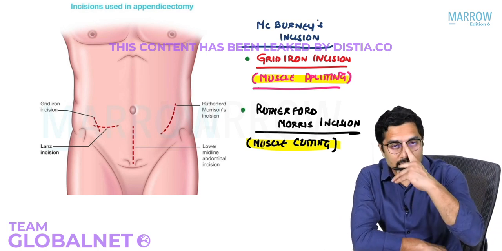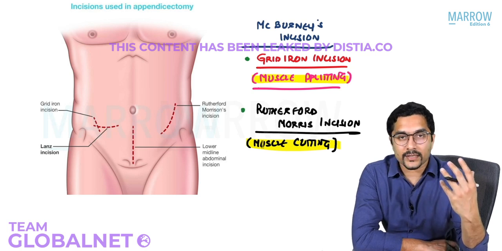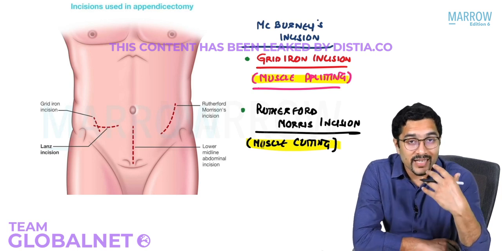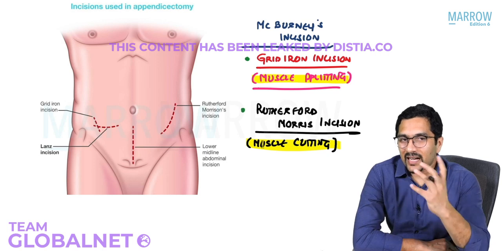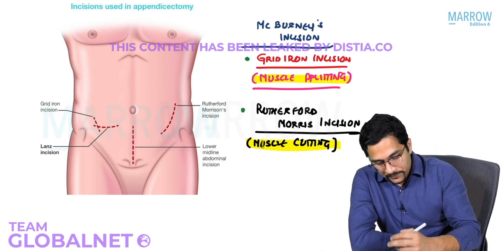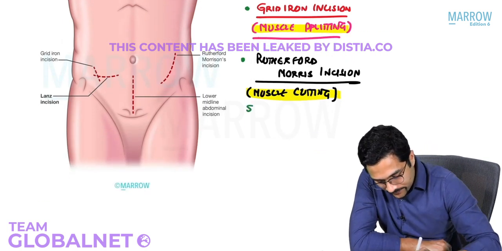Now, in the recent INI-CET exam, they asked what are the layers which are cut in the Rutherford-Morris incision. I've been telling you for most of the surgeries about the various layers we go through, because with the next exam coming in, these are the applied anatomy questions which can be asked in the surgery paper. So the various structures we are going to go through are skin, subcutaneous tissue,